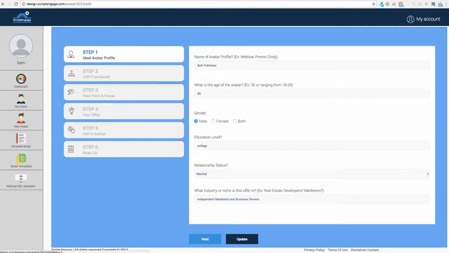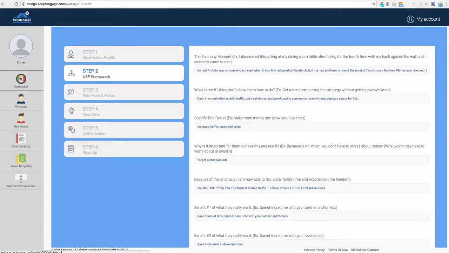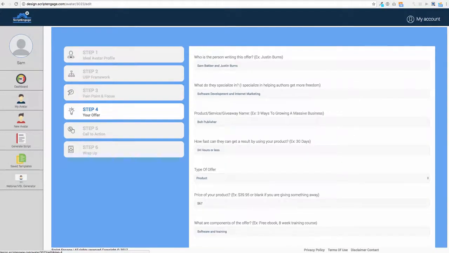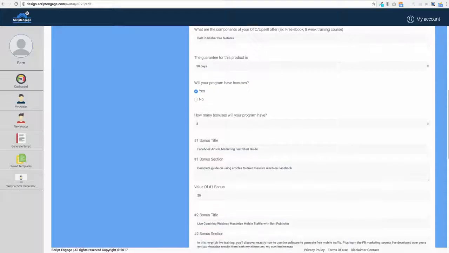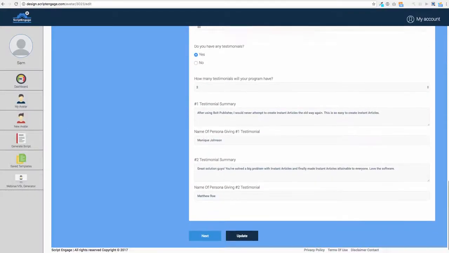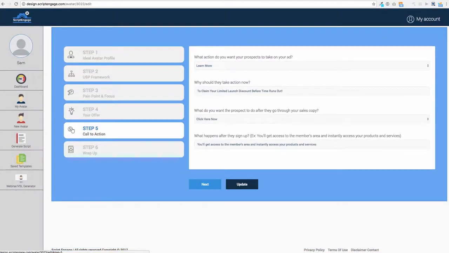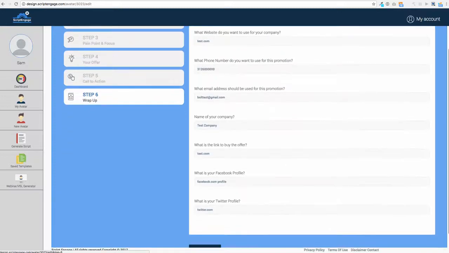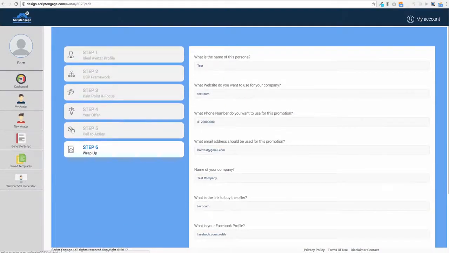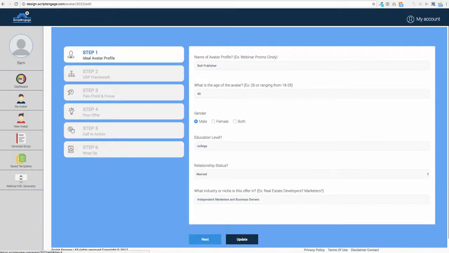They can also do this for multiple different products, upsells, downsells, front-end products, email swipes. They'll be able to generate all kinds of copy and all sorts of different avatars depending on what kind of target market they have. Here's a completed avatar, so you can see all the different information added in here. Now, this usually takes about 10 minutes to complete the avatar process,